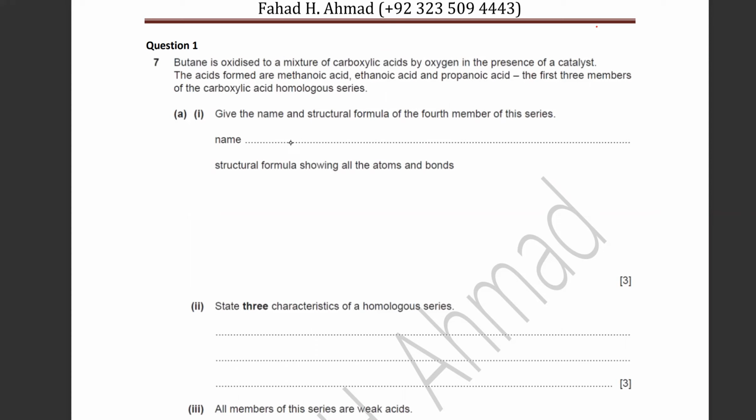Fourth, चौथा कौन सा होगा? Meth, eth, prop. ठीक है, so it's meth, eth, prop, and then the fourth one is going to be butanoic acid. ठीक है,